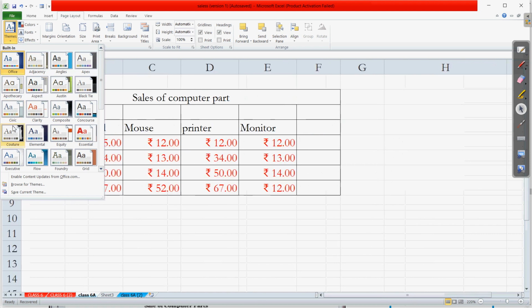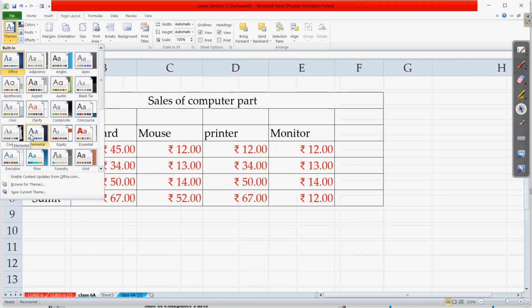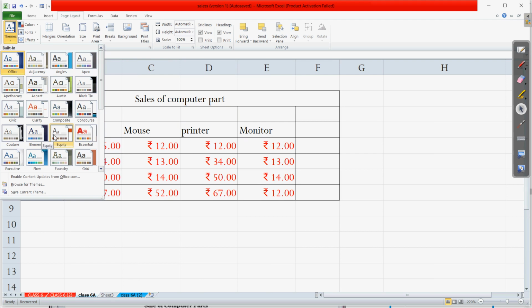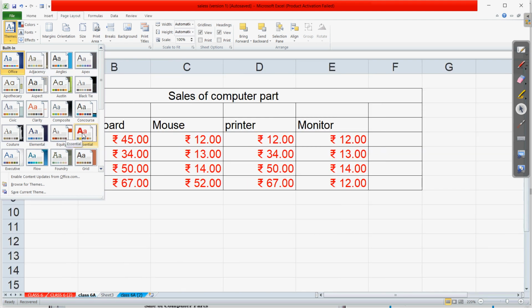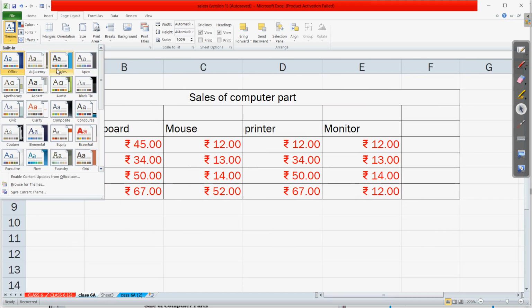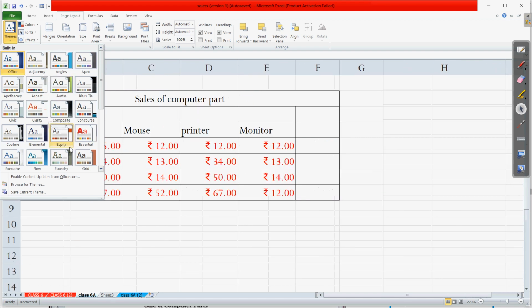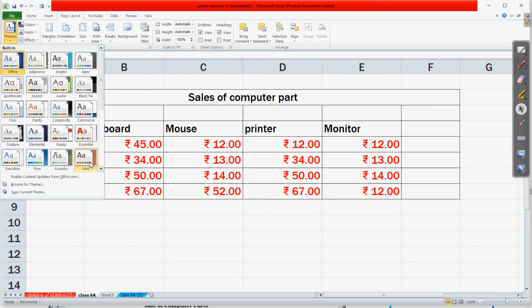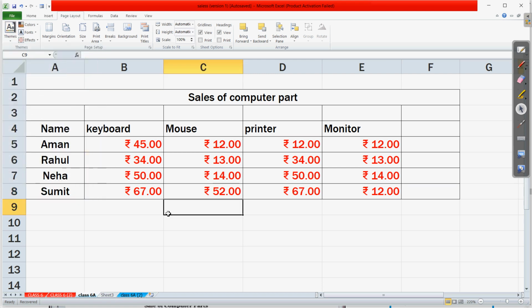Clear? So this feature, when we are moving the mouse pointer over these themes, this feature is called theme gallery, sorry, live preview. Clear? The area which is opening, this is called the theme gallery, and this effect when it is being applied directly by moving the cursor, this is called live preview. So let us choose any of these. So if I click on this, now it is applied over this selected worksheet. I hope this is clear.